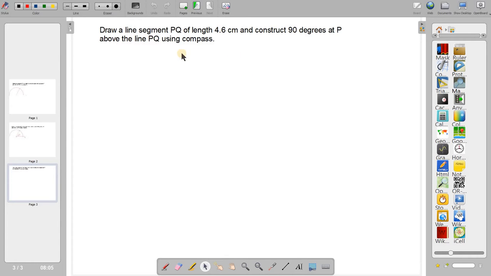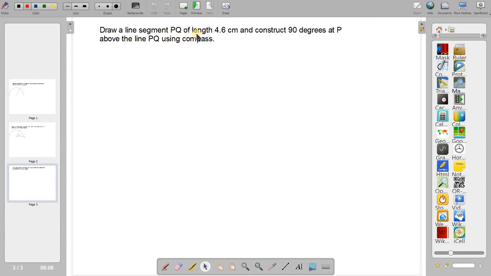So we will see it, but all this will be done with the help of compass. We are not going to use any set square or any protractor. We will use compass and draw 90-degree at any given point. Wherever we want to put the point, we will be able to do it. That is the topic of this lesson. For that, first we will construct in this problem.